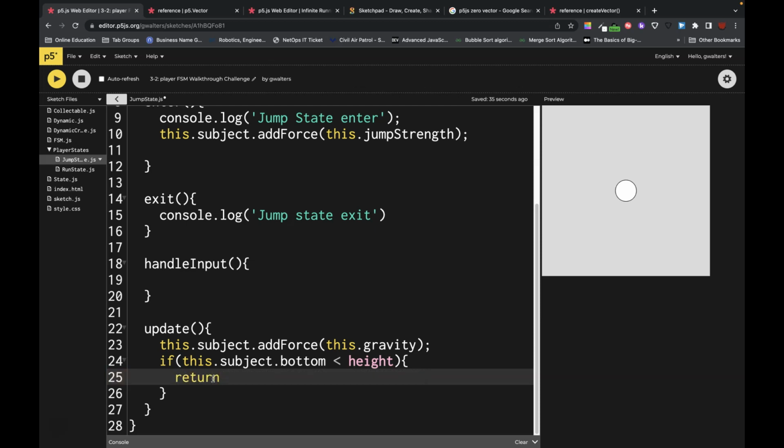Return new run state. And this we're going to say is not poppable. We're passing in the subject. It's not poppable, but because there is one underneath the previous jump state, it should just jump back to that. Okay, now when that gets called and we exit our jump state, so this will get called the very last